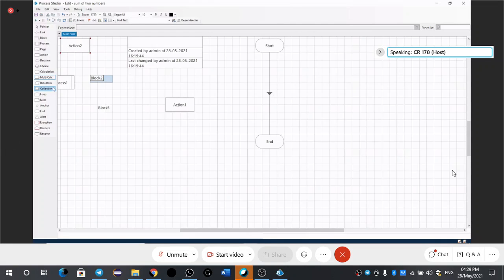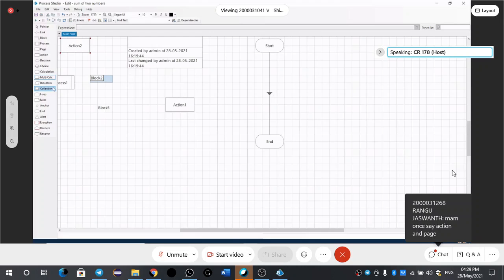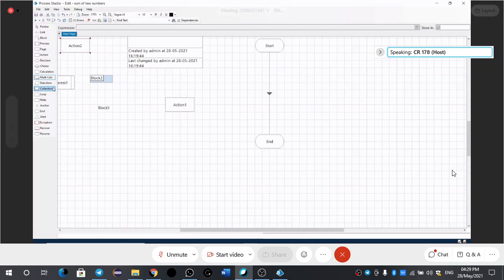But the difference is, by using data item, you should initialize only one variable. By using collections, you should declare more than one variable. That is called collections. Like, int A, int B, int C I have given separately. Other than that, I can give int A, B, C in one stage. So like that, we declare more than one variable using collections. Next is loop. For what purpose are we using loop? In order to perform repetitive tasks, we use loop in the same fashion.